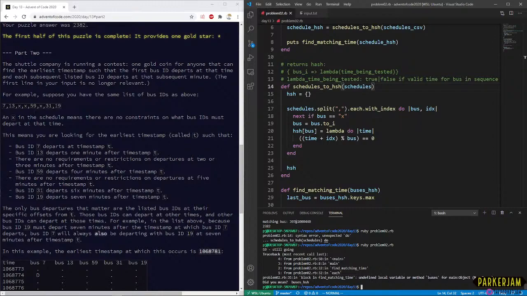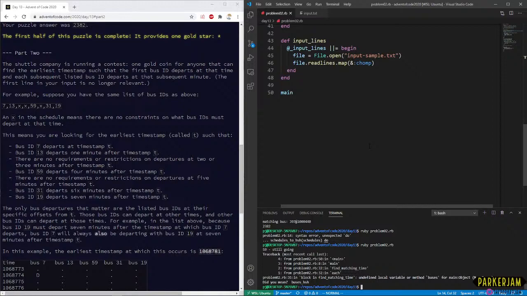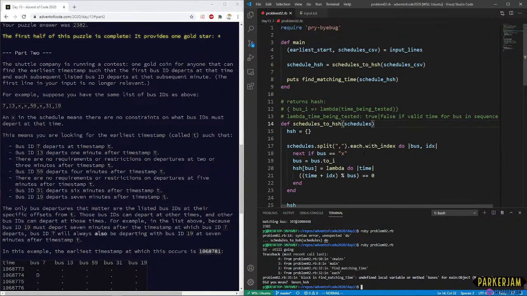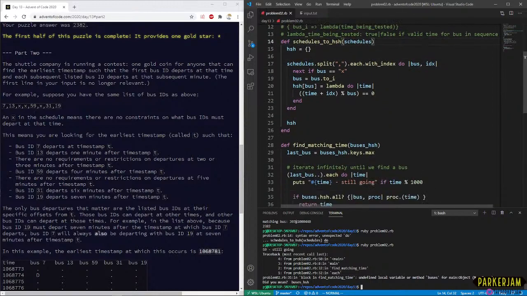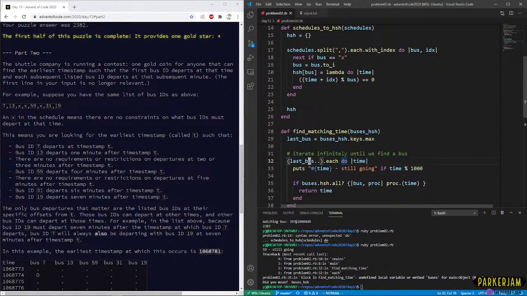Undefined local variable buses. Let's see where we have that. I think 50 is just our main call. 8, I think, is just the top of our thing. 32. Oh, we called this buses hash. We didn't call it buses.